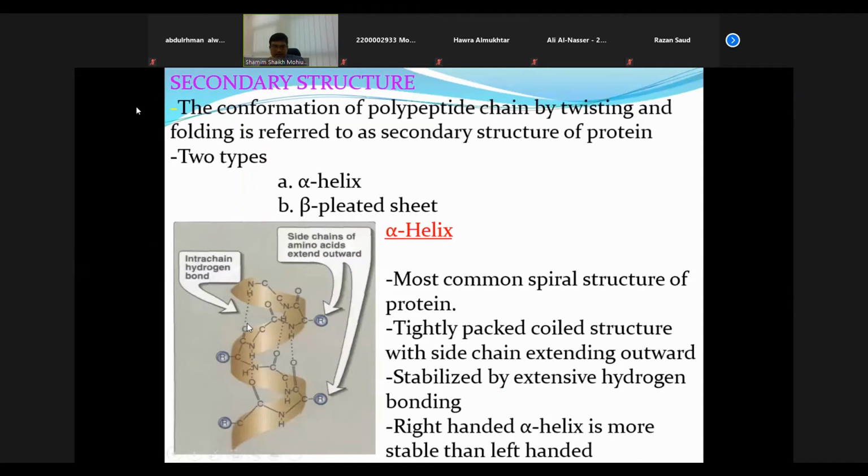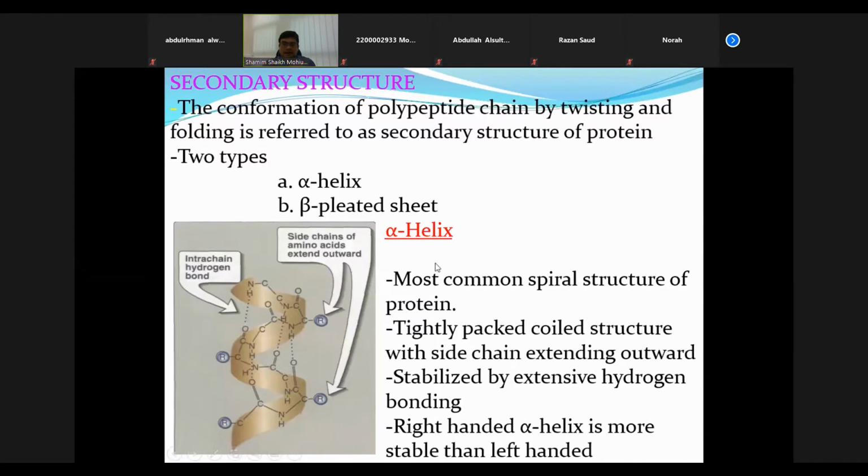Alpha helix. This is the picture of the alpha helix, and you can see it is just a turning that happened. It is not linear. Just follow my pointer. The turning and twisting happened, and you are getting the alpha helix. Am I clear? When the primary structure makes the turning and twisting on its own axis, you are getting the secondary structure.